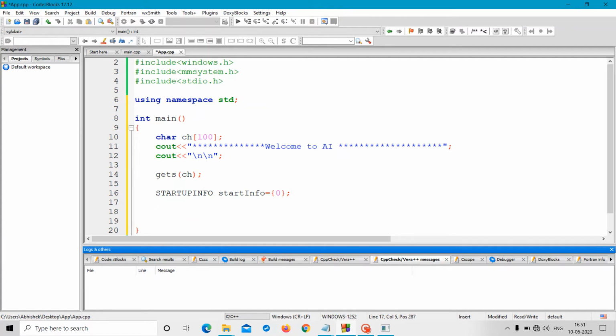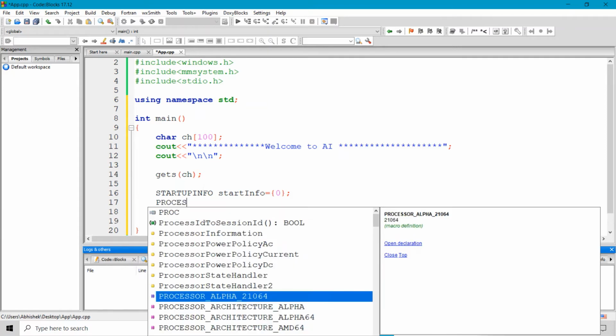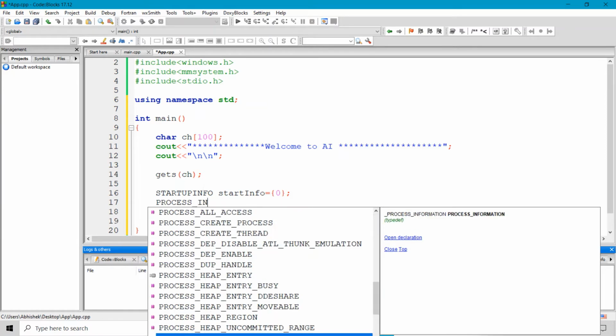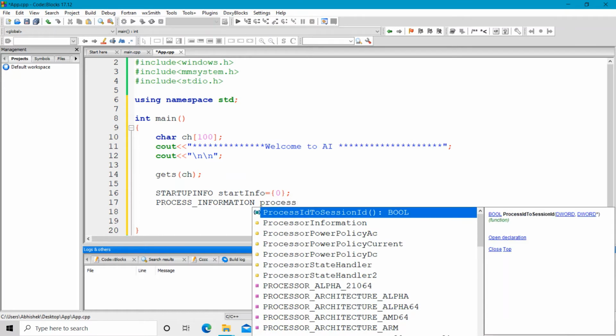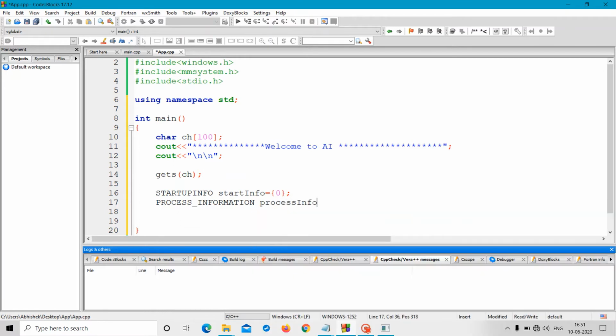Our second command is PROCESS_INFORMATION, then again pi equal to, in curly brackets, once again 0, semicolon. So these are the two commands that we will need to open any application of our system.